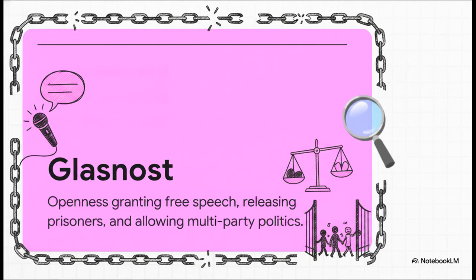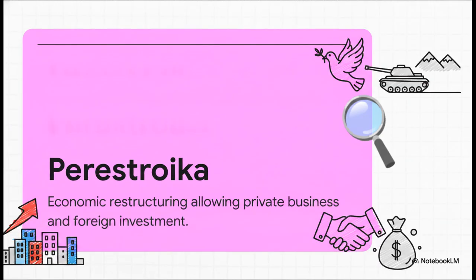By 1985, the whole system is visibly failing. Enter Mikhail Gorbachev. He's a new kind of leader, and he shows up with these desperate, historic plans to save the empire. He rolls out 2 major policies. The first is glasnost, which basically translates to openness. For decades, the Soviet system had been incredibly secretive and closed off. So glasnost was a radical shock to the system. It actually granted citizens freedom of speech, released political prisoners, and incredibly allowed multi-party participation and let the press freely criticize the government.